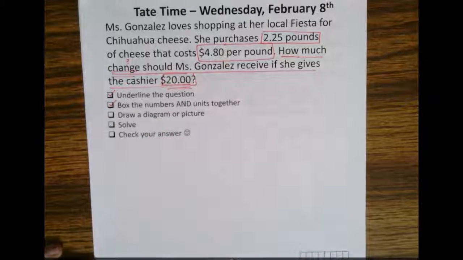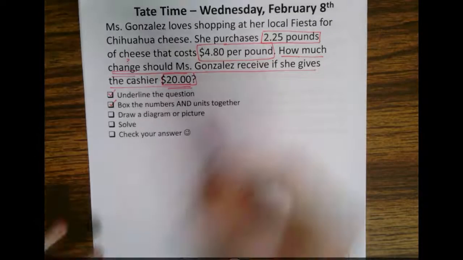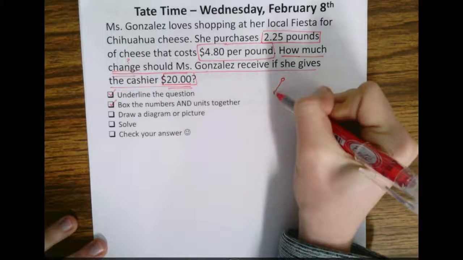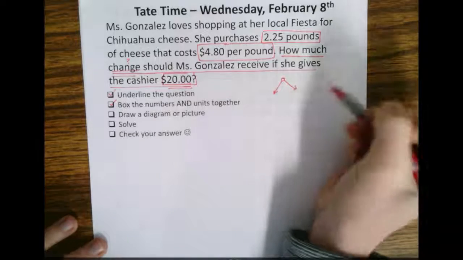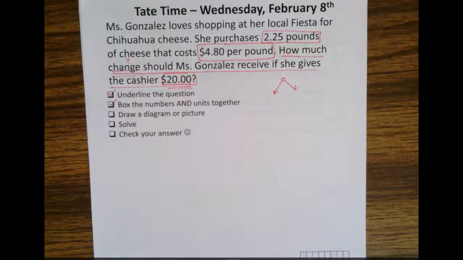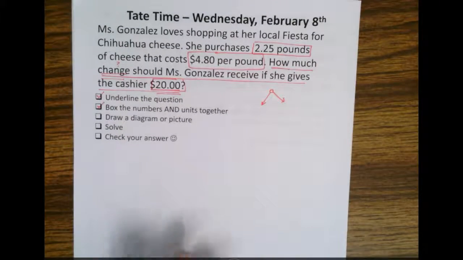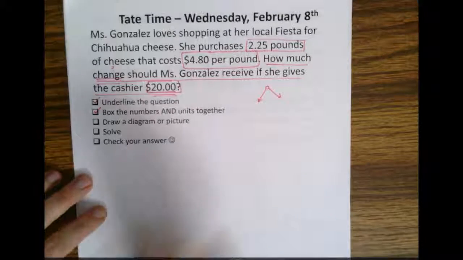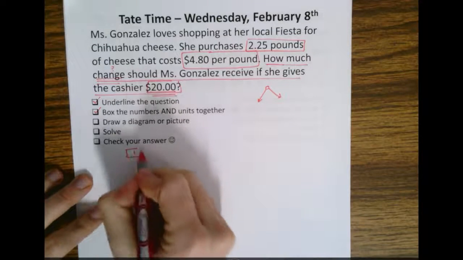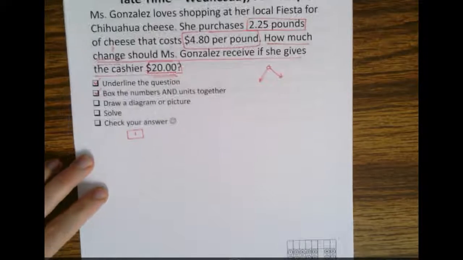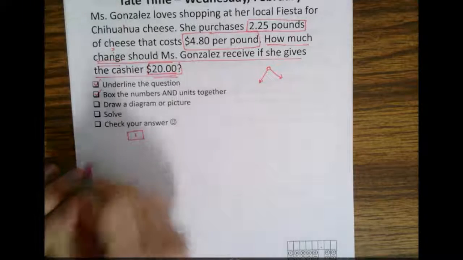Now let's draw a diagram. So there's actually two ways that I want to solve this problem, and I'm going to show you both ways. I'm not saying that you have to do both ways on your backside for the independent practice, but I want to see two different ways because I think both ways will help you guys understand this problem better. This is method number 1. On your notes, you should have both of these methods. So method number 1, I'm going to draw